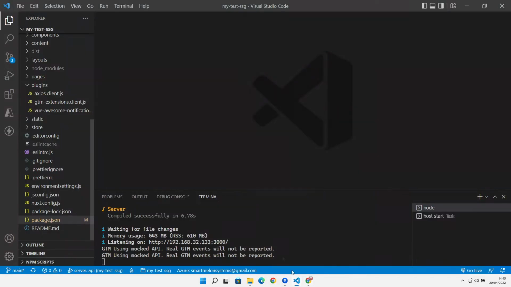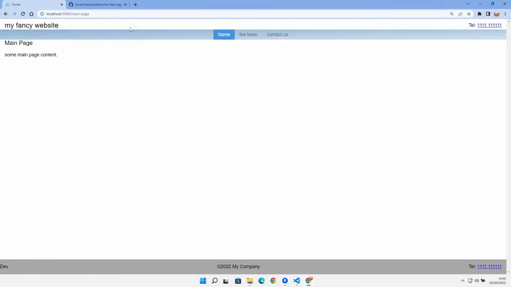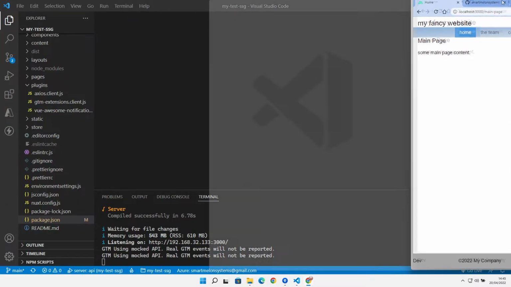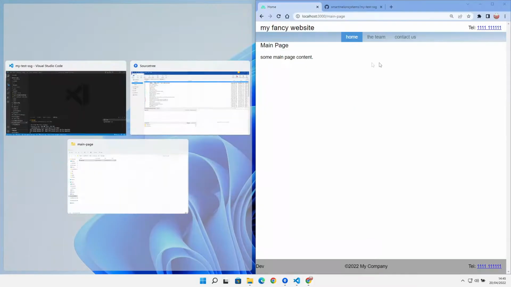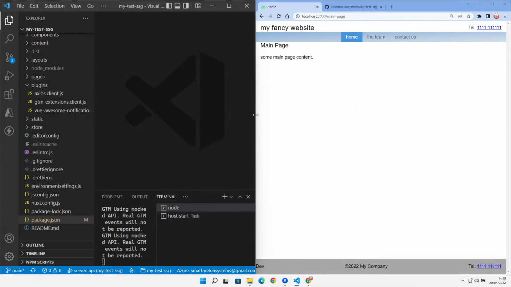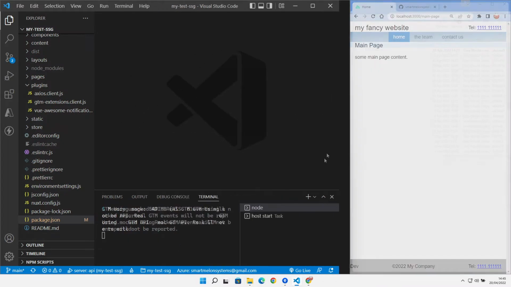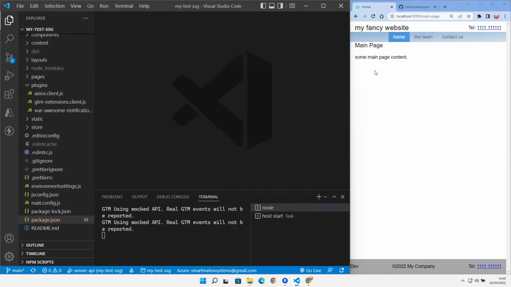So I've got Visual Studio Code running, so let's just set up our environment a little bit so that we can see what we're doing. I've got the site running in npm. So here we are, up and running. So the first thing we need to go and do is let's go and version our API. Let's get that